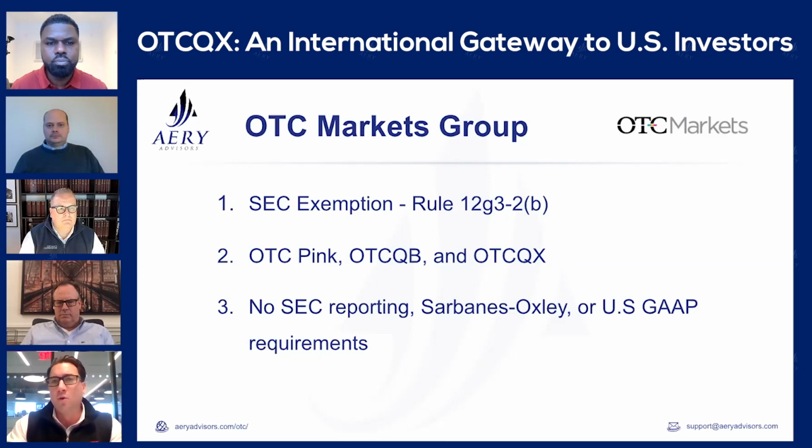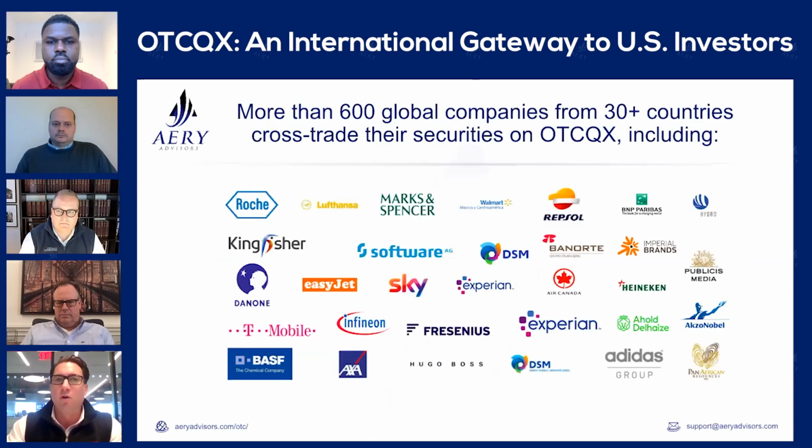To solve those issues, we created two premium tier markets. Climbing the ladder, the next tier up is called OTCQB. QB is our venture tier market. It's for smaller, growth type companies, perhaps pre-revenue in nature. And then lastly, the top tier market is called OTCQX. QX is our best market, with financial standards and corporate governance requirements for admission. QX is home to companies like, obviously, MGI, but also other brands that people would recognize like Adidas, Heineken, Roche, Lufthansa, BASF, BNP Paribas, large multinational brands that all trade on our market.